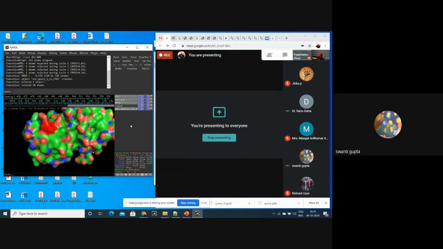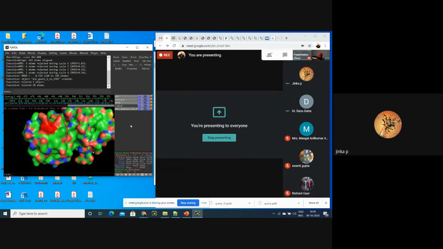Yeah, actually, the initial question I was asking today regarding the template: for a hypothetical protein, protein modeling is all about how you get a template, right?